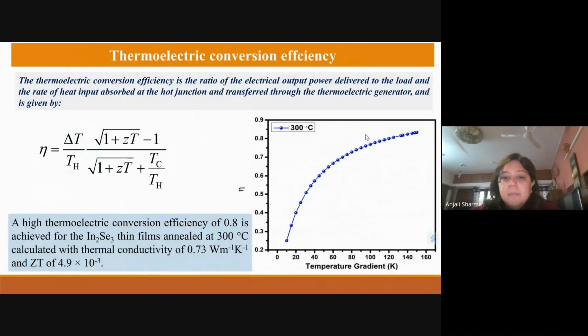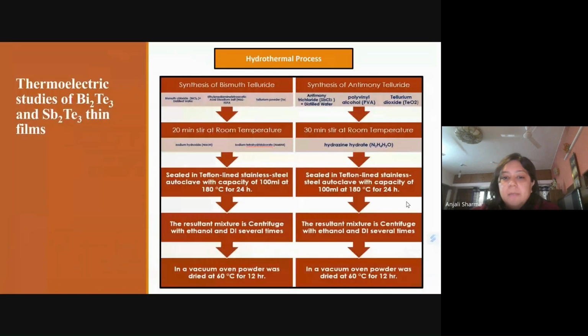configuration. Thermoelectric conversion efficiency of the material has been evaluated, and it was found that the 300 degrees Celsius film shows the maximum efficiency, up to 0.85%. And then the thermoelectric properties have also been studied for bismuth telluride and antimony telluride thin films, and